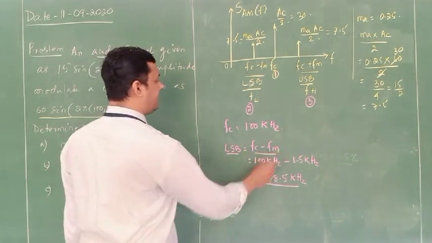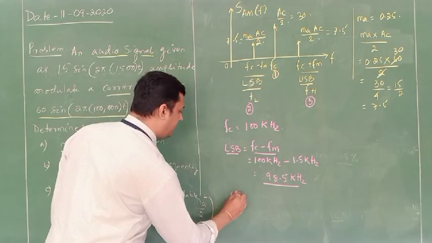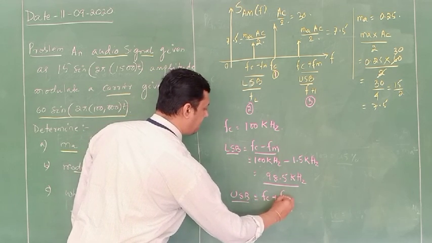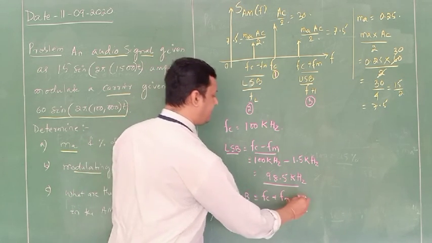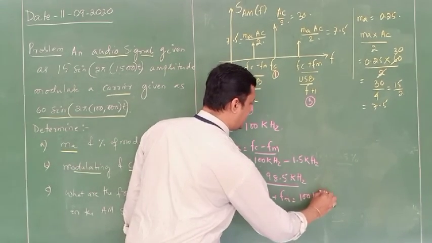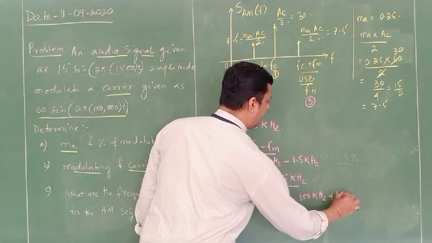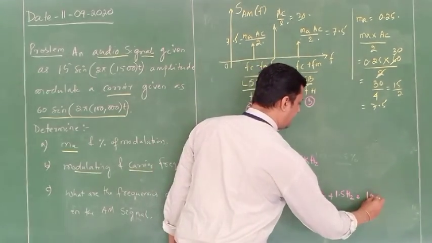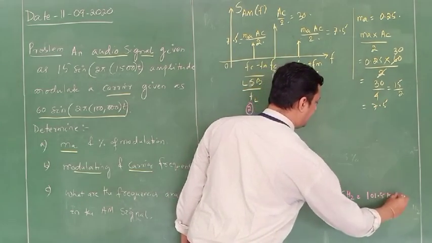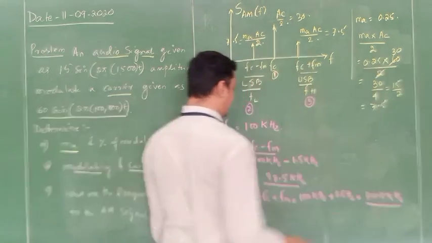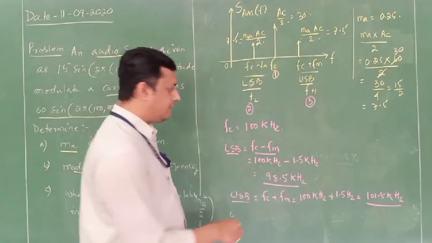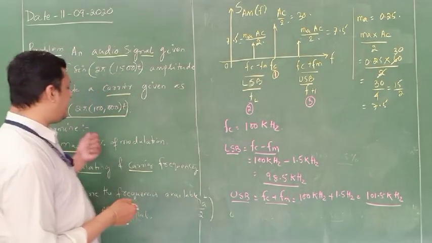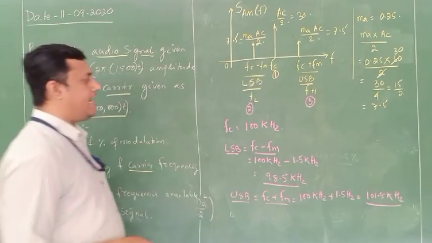So this is my LSB. That is called fc minus fm. Then another component is USB, which is equal to fc plus fm. fc plus fm means 100 kilohertz plus 1.5 kilohertz, which is equal to how much? 101.5 kilohertz. So this is the upper sideband frequency also we have got. So these are the three different frequencies which are available in our modulated signal,